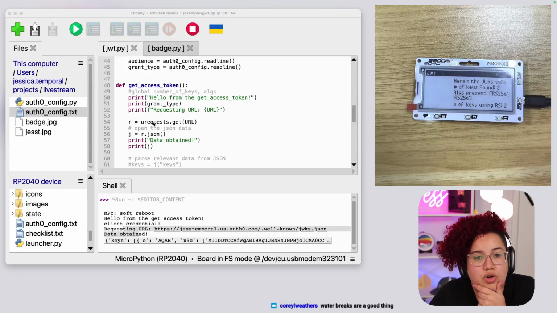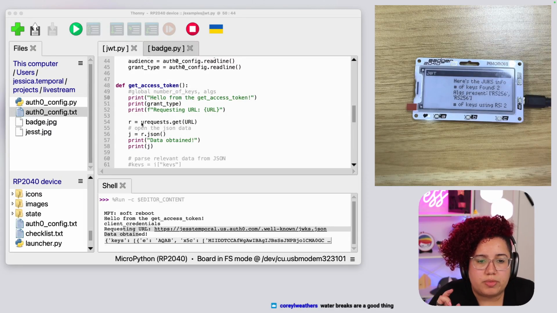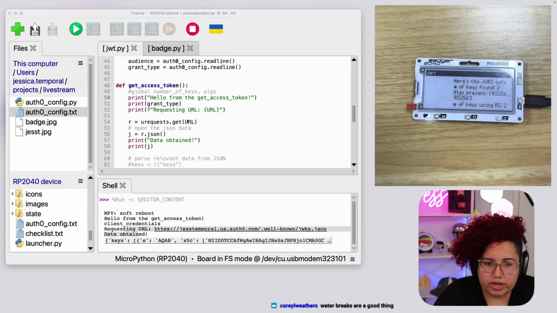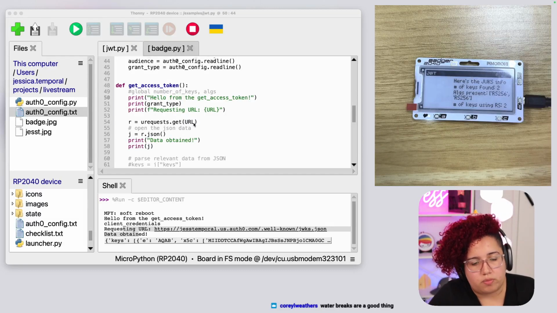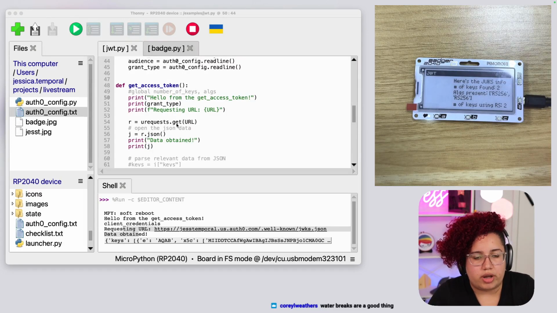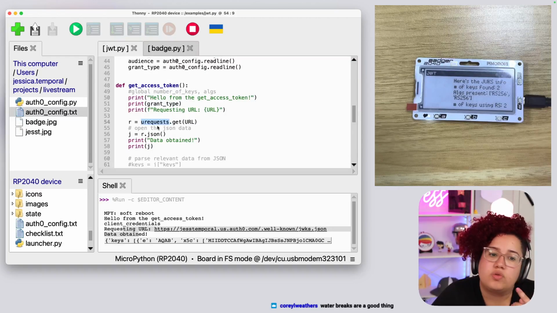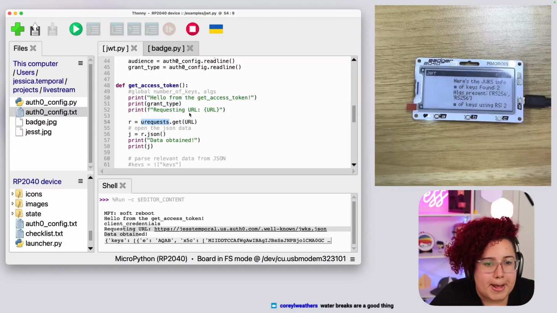Yes. So this uses uRequests, which is one of the libraries that you can use to make requests. And here it is doing a get URL. But if we look closely at my Auth0 dashboard, we know we need to do a POST request, not a GET request. So I'm not too familiar with this library. So what we're going to do, we're going to look at the documentation.